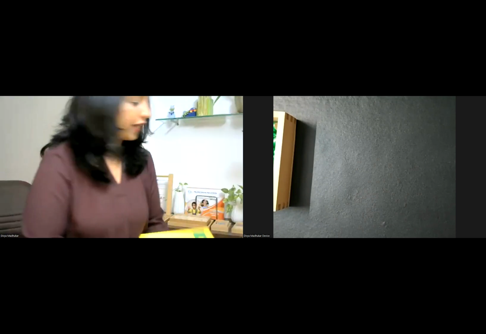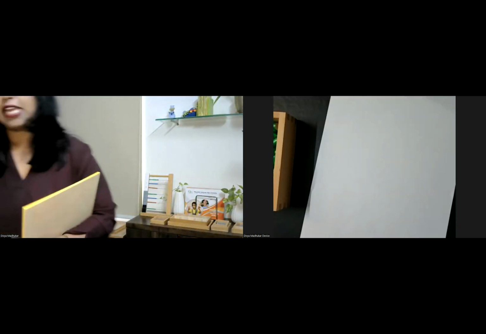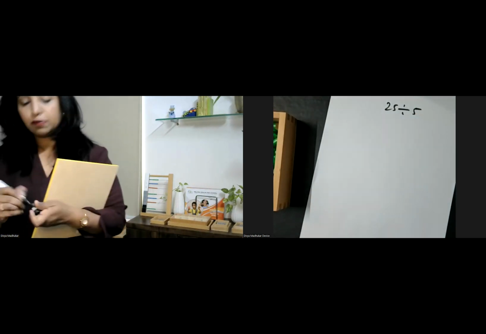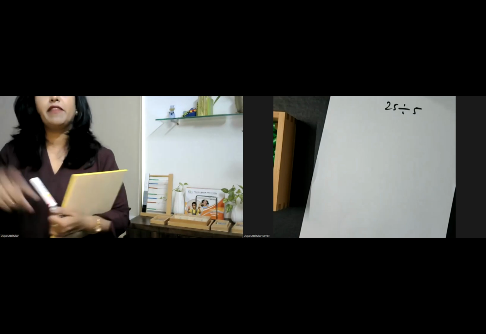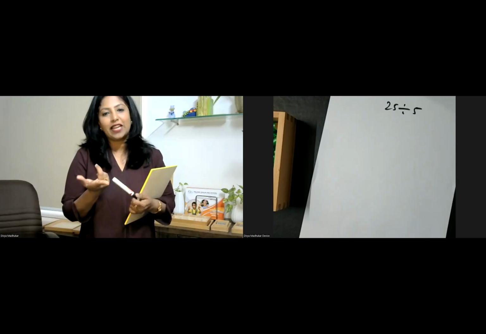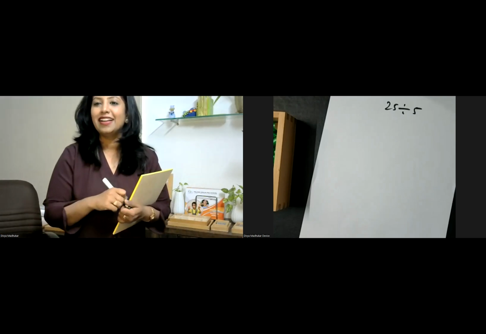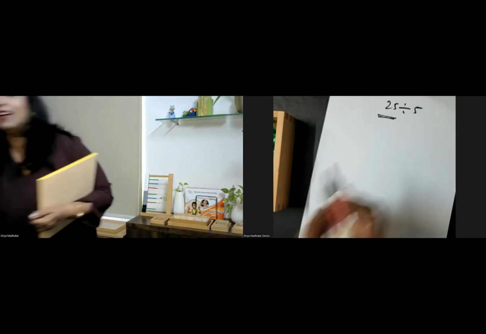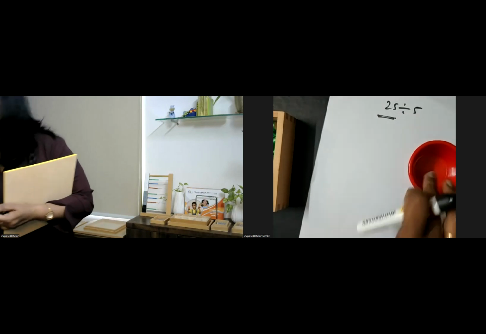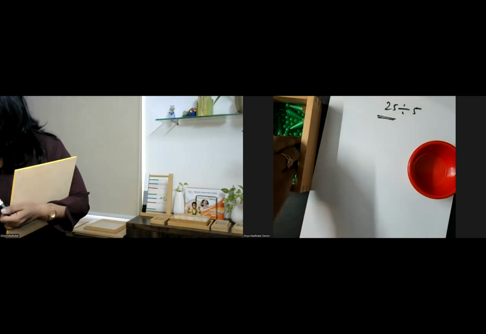Now suppose I write my problem statement: 25 divided by 5. If I take up this problem statement, what is the first thing that I will have to collect? The dividend. So I have to collect my dividend. So what do I take? I take up a small bowl, and I start collecting my dividend.